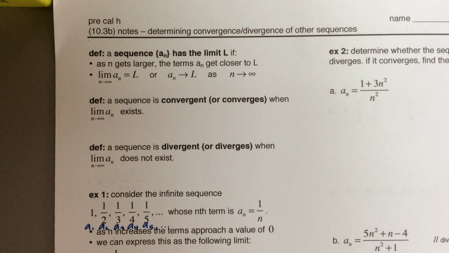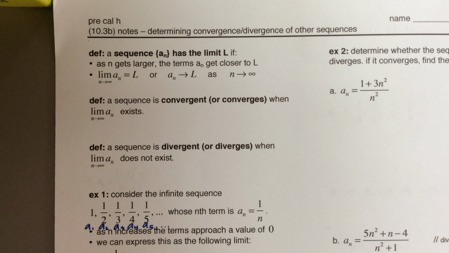Today we're going to be doing 10.3b, determining convergence or divergence of other sequences. In order to do this, we're going to have to take the limit of the sequence. So basically, as n is getting larger, we're going to be seeing if the terms get closer to L. L is just some number. If they do approach some number, then the sequence is convergent because the limit exists. And if they do not approach some number, that means the limit does not exist, which means that the sequence